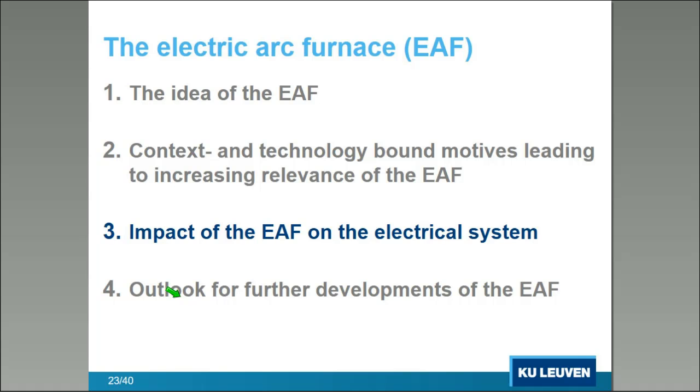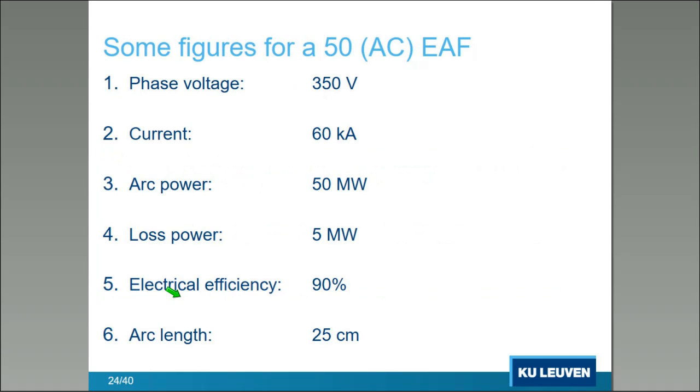Yes, then a few words, only a few words, to assess the impact of the electric arc furnace on the electrical system. Here I put a general system. It's not that important which kind of system, but here, a 50 megawatt alternating current electric arc furnace, just to give you some orders of magnitude of figures that show the impact on the electricity system. First of all, the phase voltage of this 50 megawatt electric arc furnace,